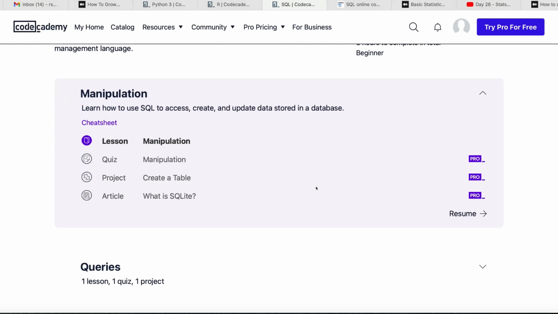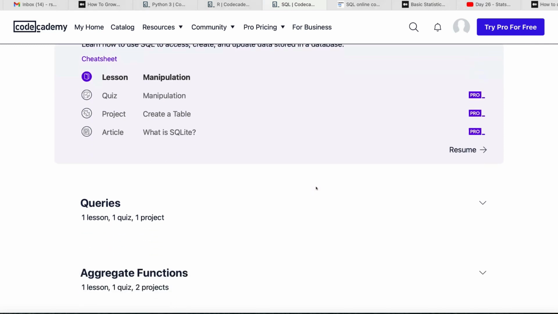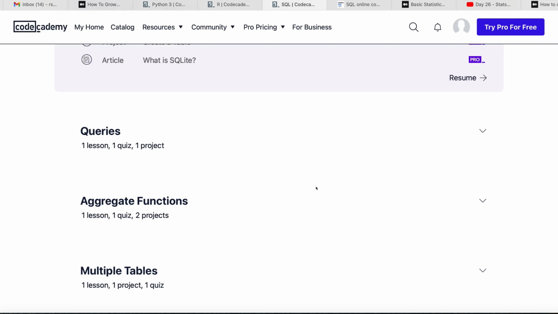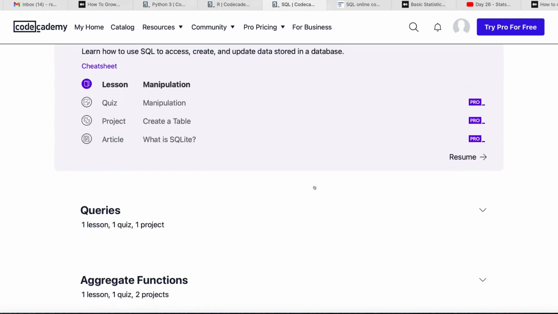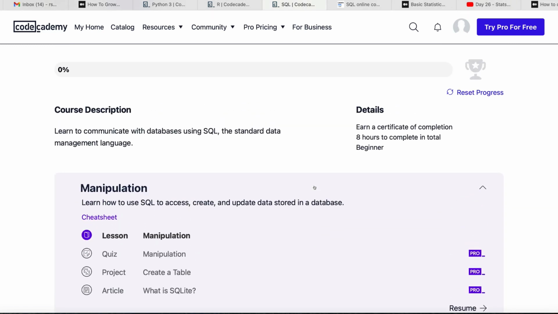It teaches you how to access the data, how to create a table, how to update a table, how to manipulate it, what the various queries are and how they should be structured, how to do aggregation, and when the data is present across multiple tables, how to write a single query that can join the data from multiple tables. All these concepts will be good enough to make you comfortable with the basic skill sets required for SQL.